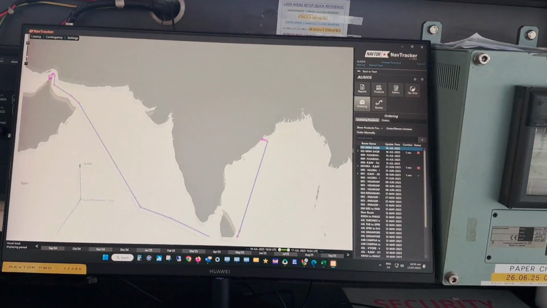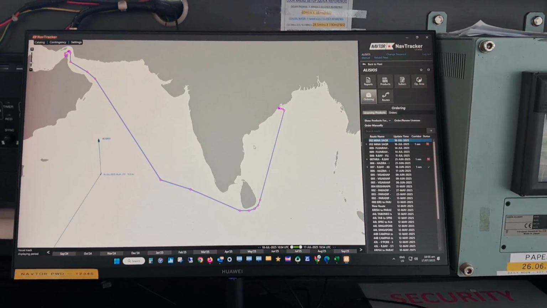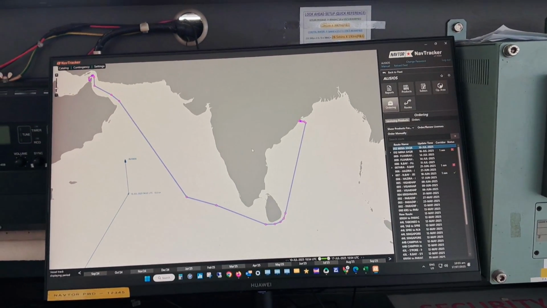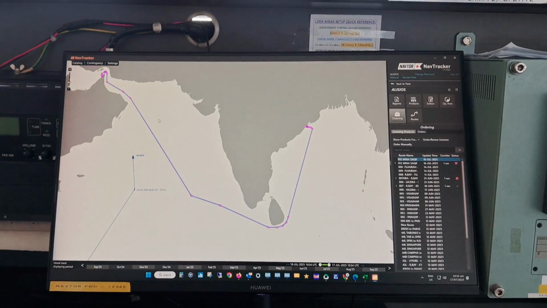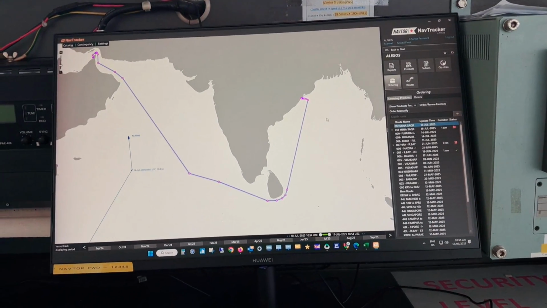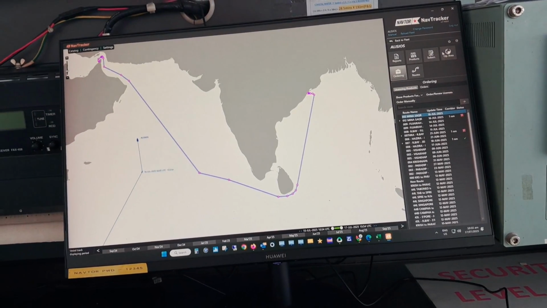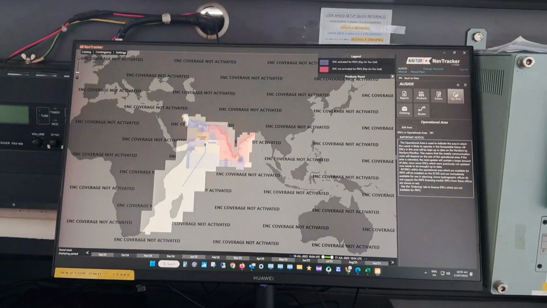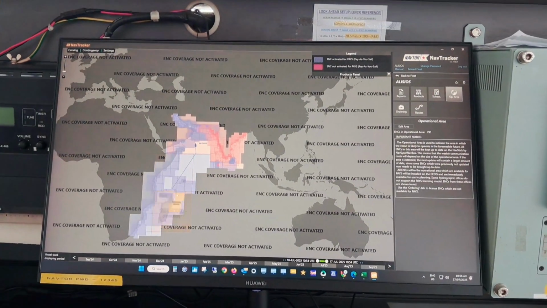The thing is, in NAVTOR, in India we don't have all the charts, so we need to order the charts manually, but in the rest of the places in the world we can take this. This has a setup of operating area, you see. So these are the charts I have.